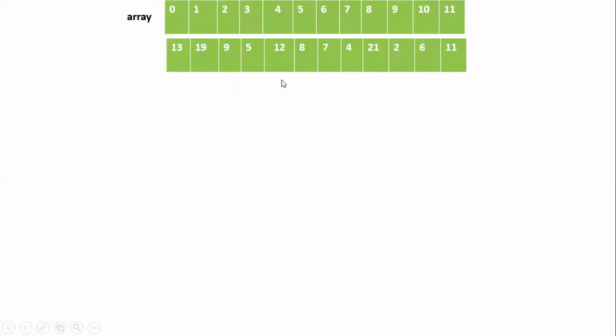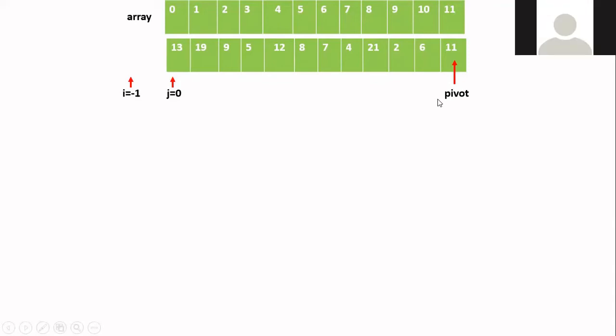So now let us see our first step. The first step of the algorithm is you have to choose a pivot element. What is the pivot element here? It is the last element according to our algorithm. So the last element of the array is 11. Okay, so now select 11 as the pivot element. You can see the movement of the cursors and the numbers I have written here, that is the variables and the values, so that you will follow clearly.